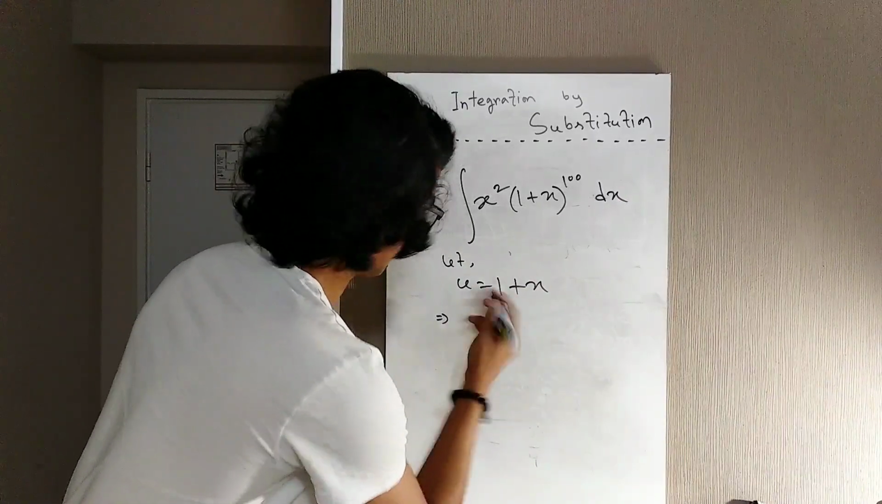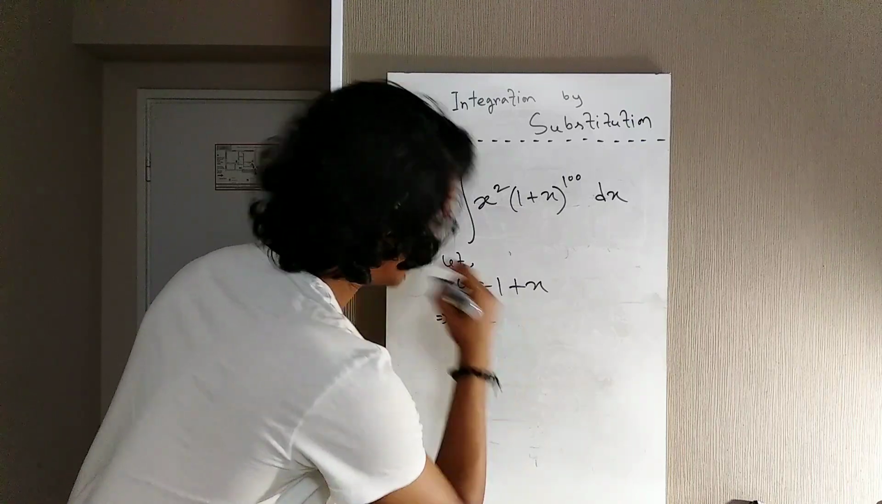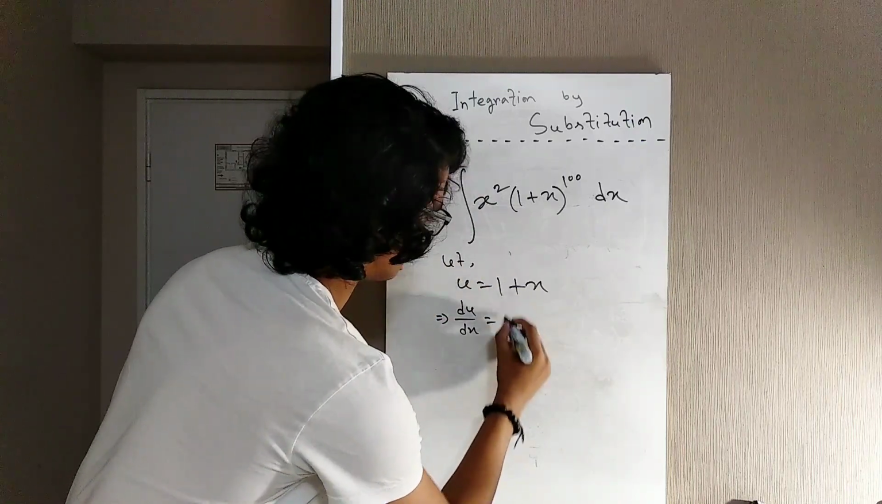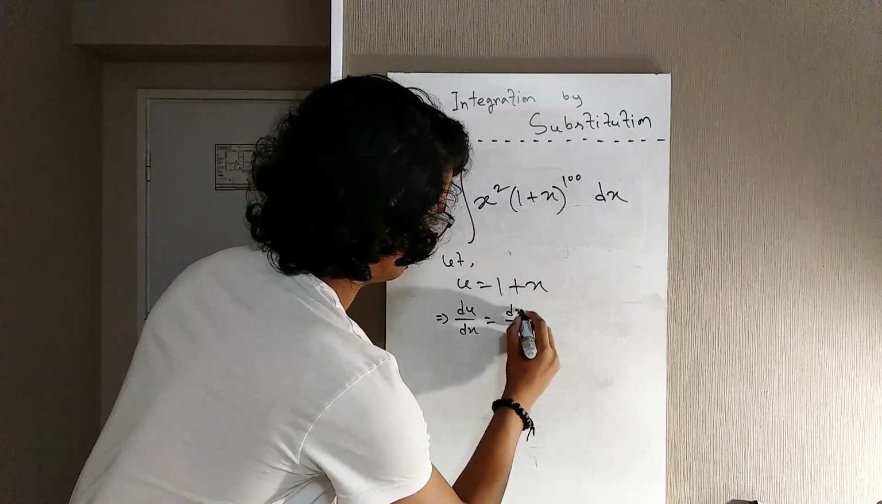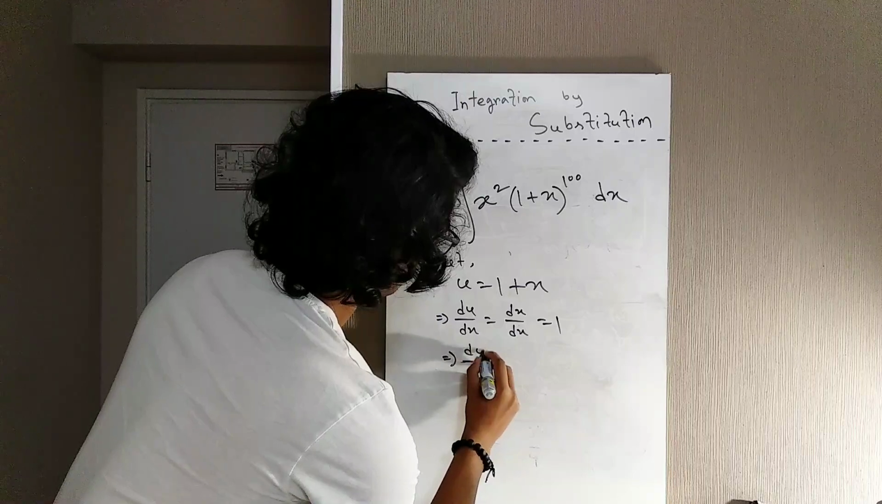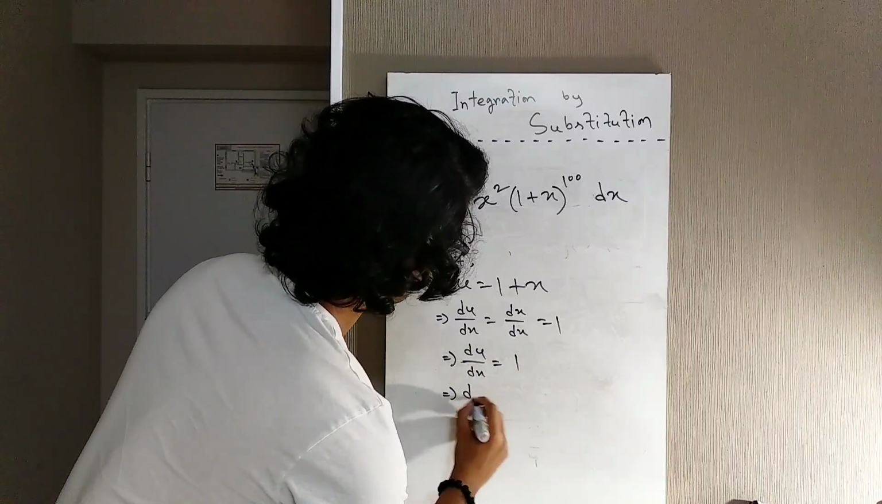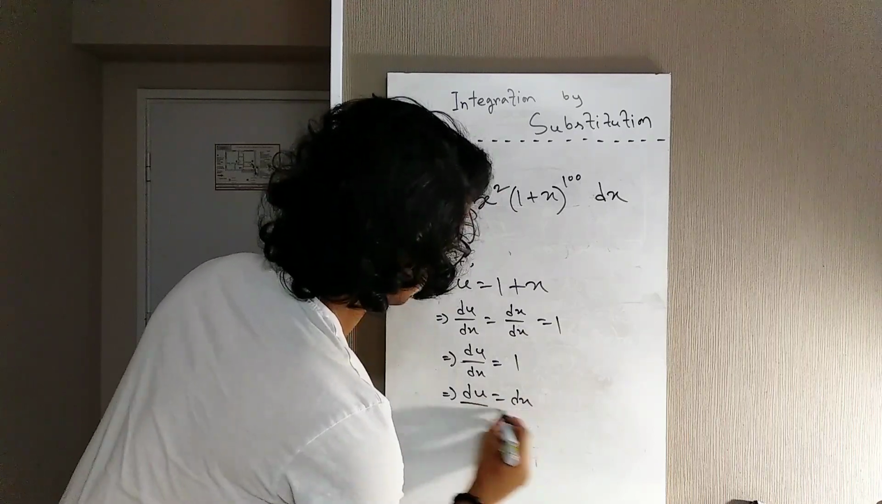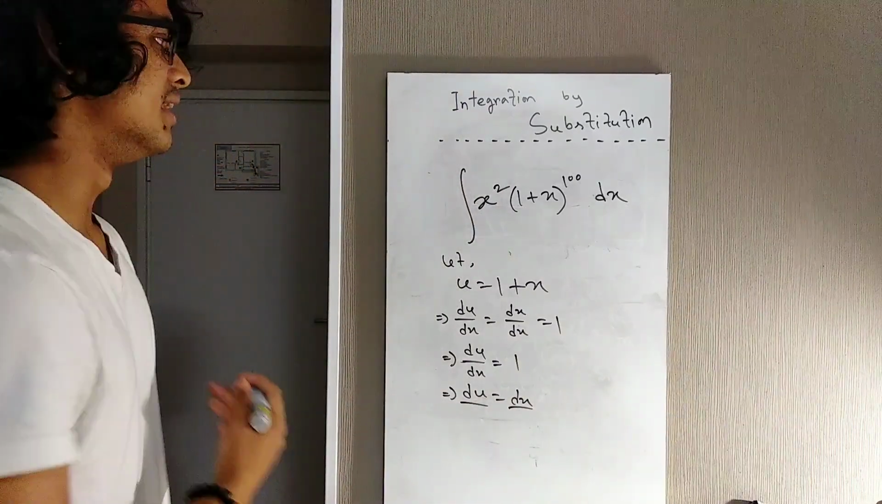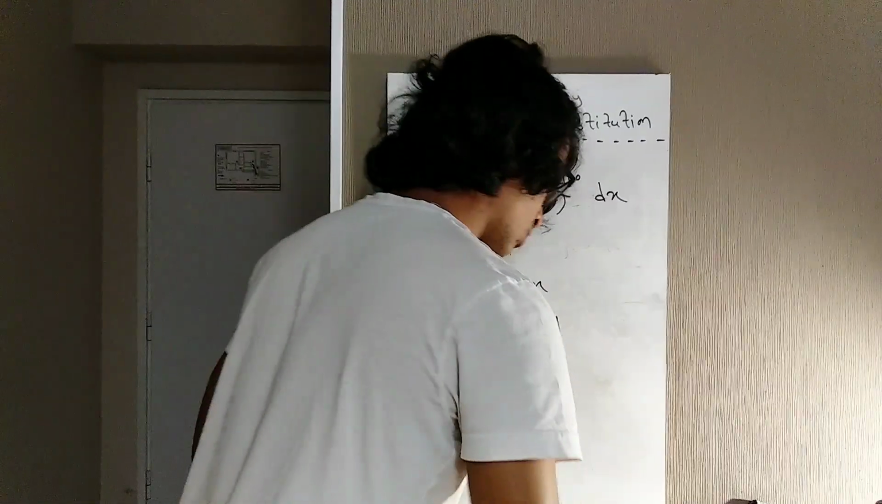So what will be du? If we differentiate both sides, we'll have du dx here. On this side, this part will be 0 and this part will be 1. That means we have du/dx equals 1. That means du is equal to dx. They are equal. dx and du are equal, right? So what we can do right over here is that